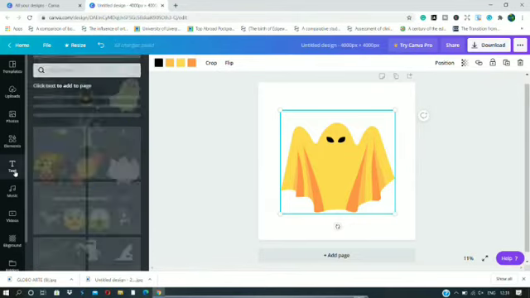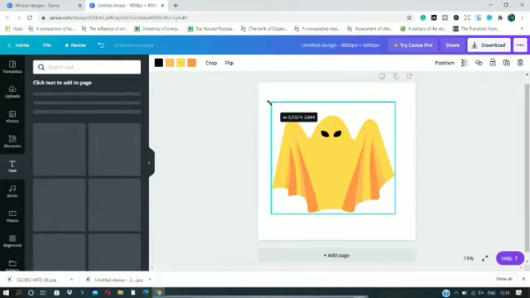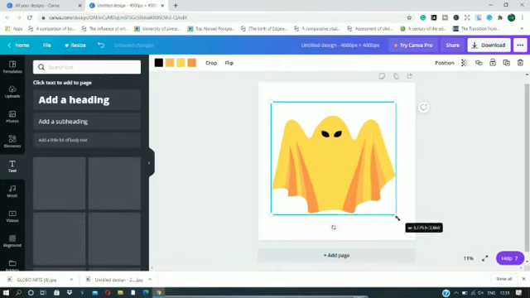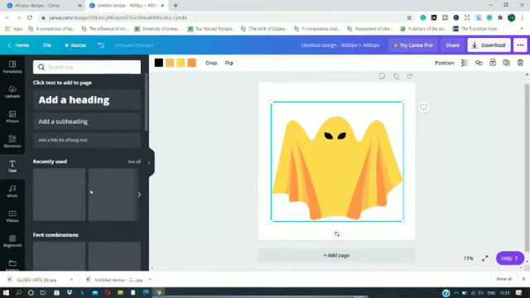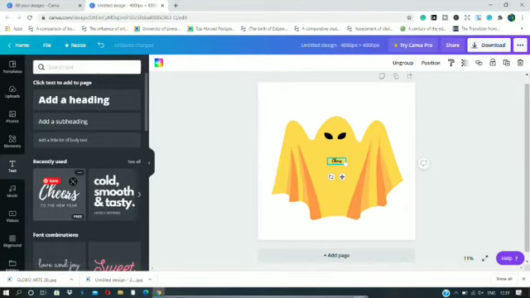It looks crazy. Okay, and now I'm going to put some quote over here, like a Halloween one, just to decorate this design so that it won't look very simple. And again guys, you can play around with different elements, different illustrations. You can pick their photos as well, and you can add whatever fonts you want. So it's just about playing around with the design and taking whatever you feel like making, and that's all the beauty. So I'm going to pick this cheers one and just resize it,